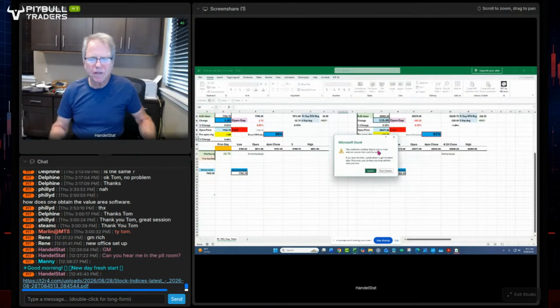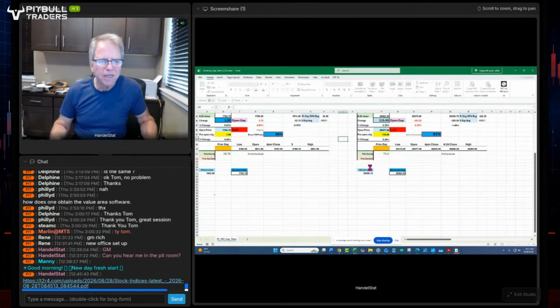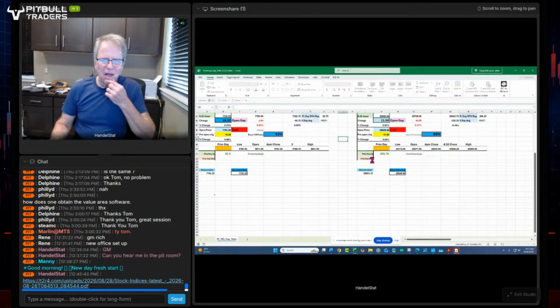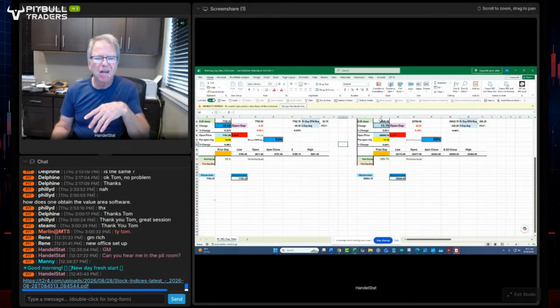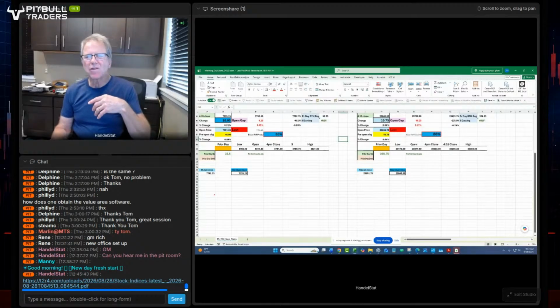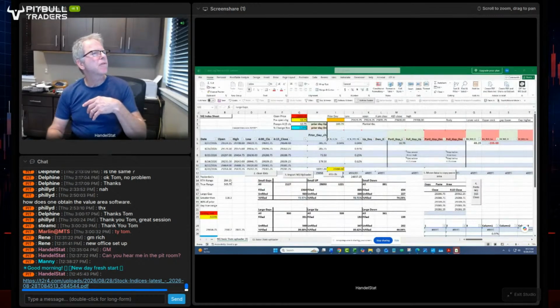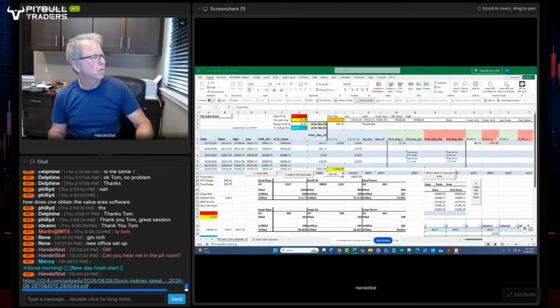Morning gap stats, update. So 63% that the ES fills the gap, 88% that the NQ fills the gap. These are the basic gap stats. I can close this because that's wrong. I'm going to move this up here, and I'll put this in a window where you guys can see this.